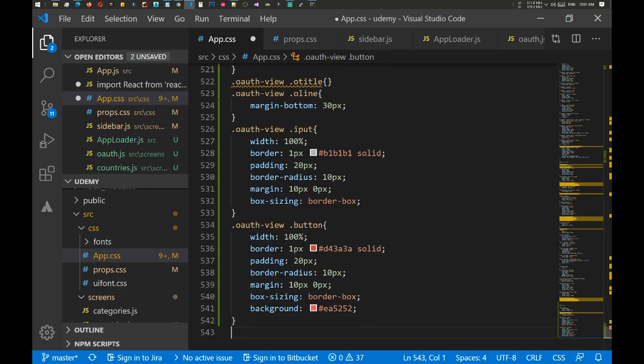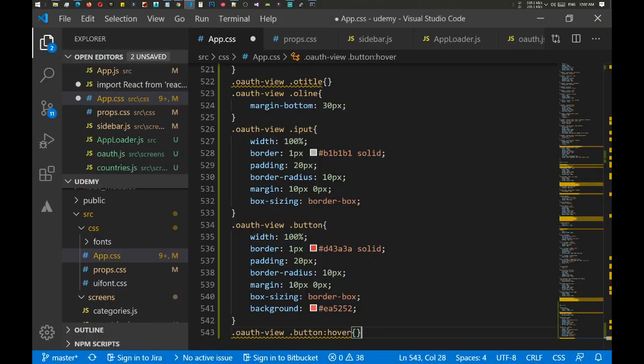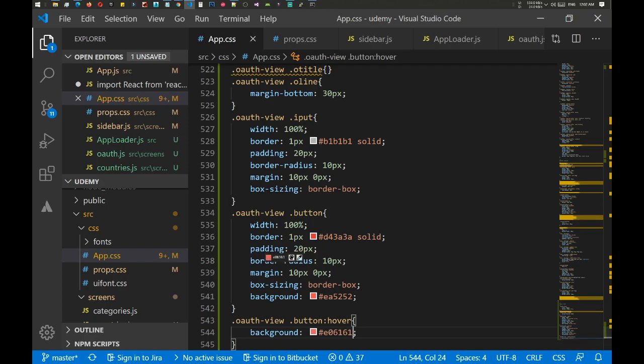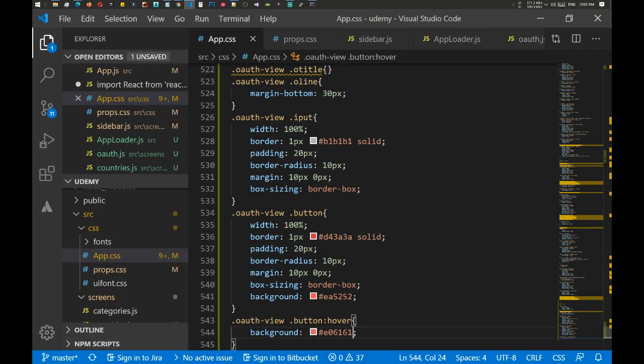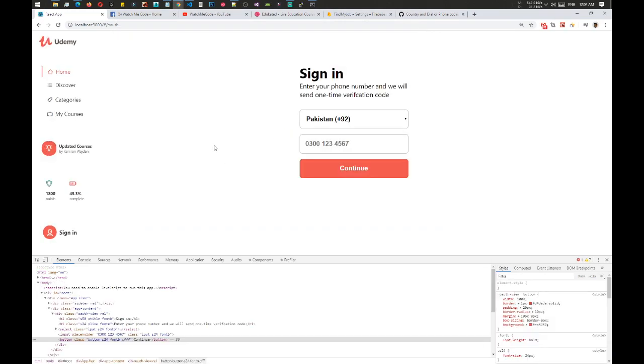And for button hover, let's use the background color to something like great, background, great, and here we are. Let's save it. I guess we should change the font size and use a large font size. Let's use 24, and great, now we have our sign-in form ready, but we